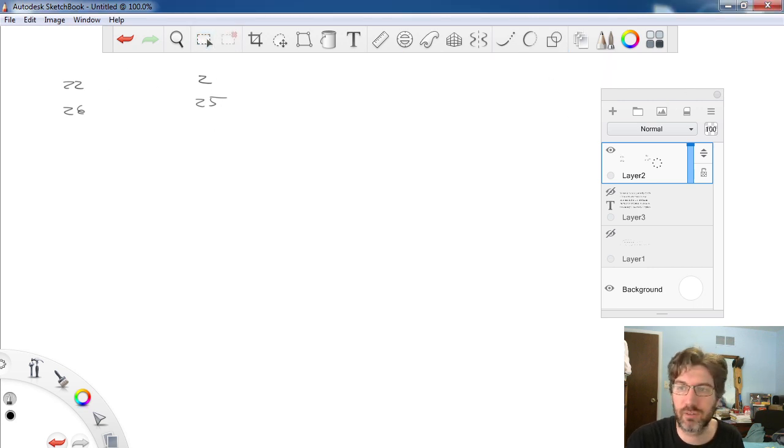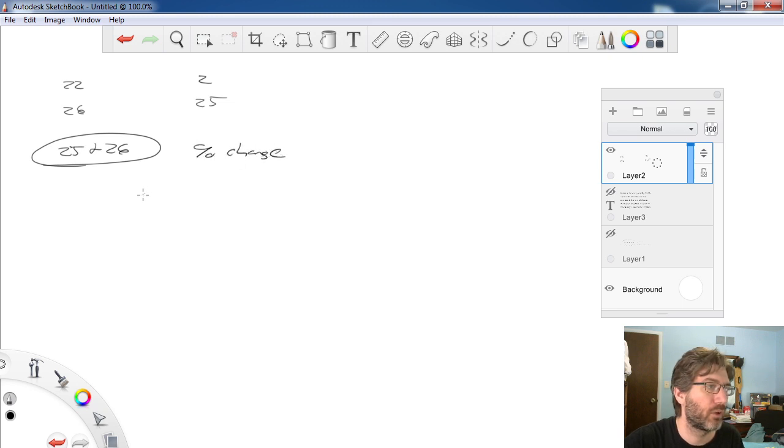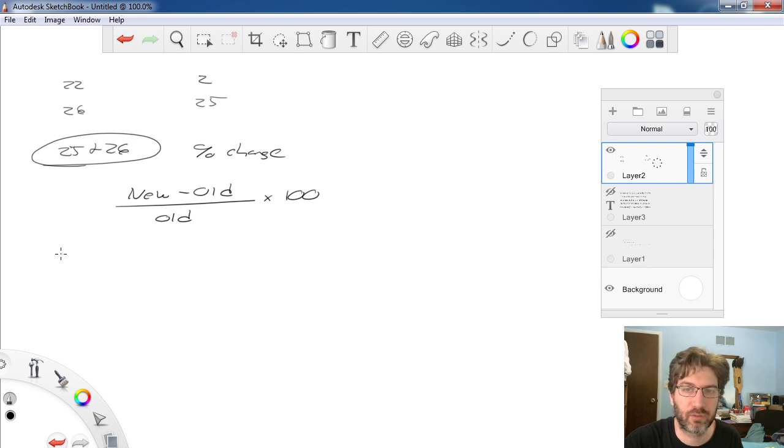Let's see, 26. These are percent change. 25 and 26 together, this is Catherine. Yeah, 25 and 26 together, it is percent change. So you're following your new number minus your old number, divided by your old number, times 100. So if you were going from 30 to 37, we're not going to do that, we'll do, I don't know, 20 to